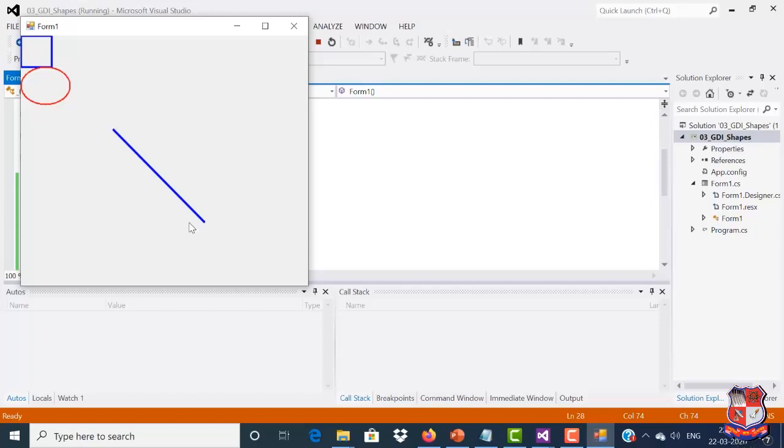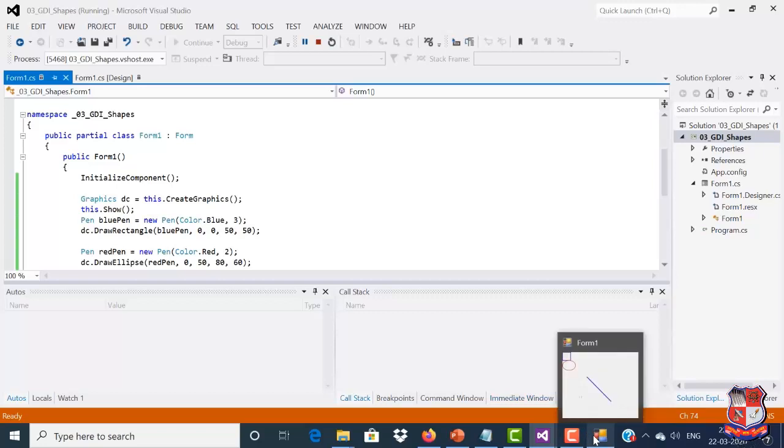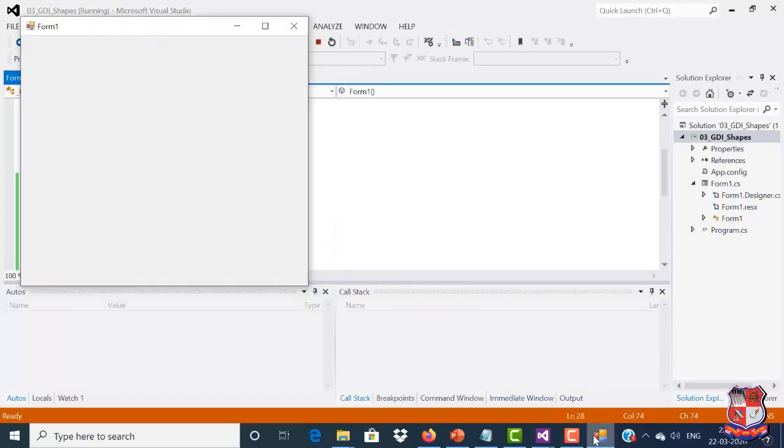Now I want to highlight a problem with this window form: if I minimize this window form and then I maximize it, the shapes we drew now do not appear. So what is the actual problem? One thing we can notice here is that if we minimize the form and restore it back, all shapes will be lost. This is because when you minimize a form, the window gets hidden and the hidden pixels get lost. Windows releases the memory it holds for the pixels.